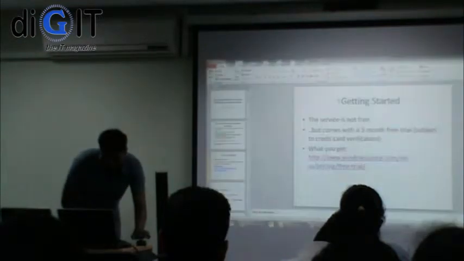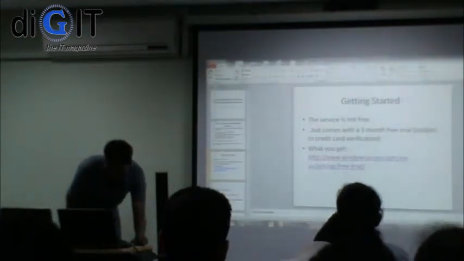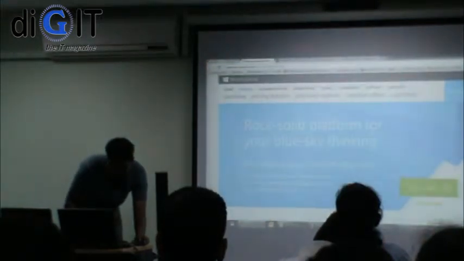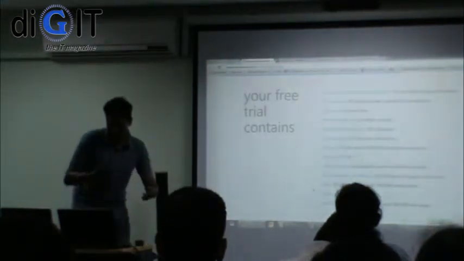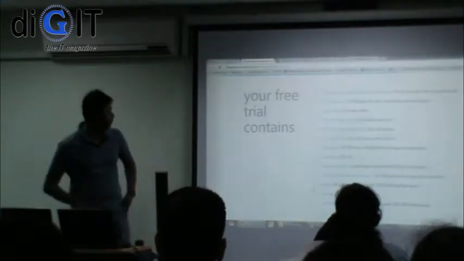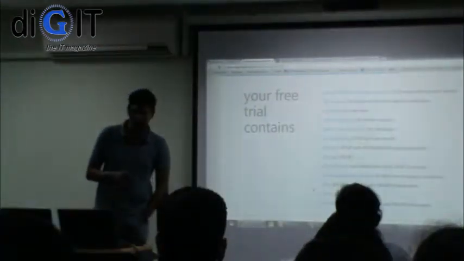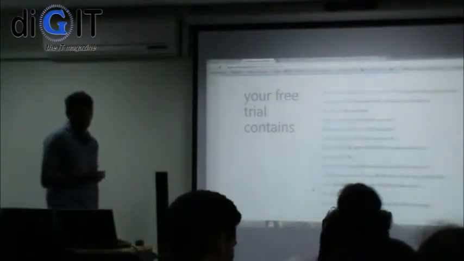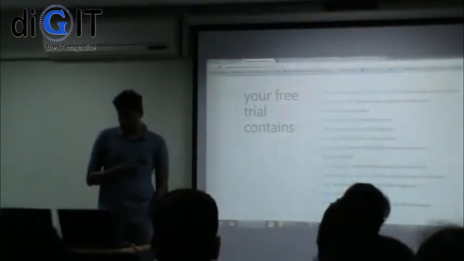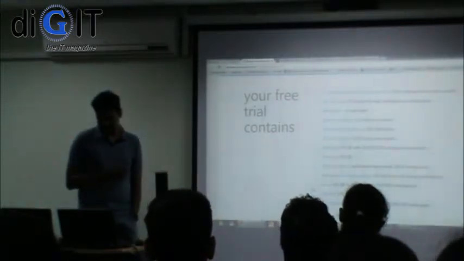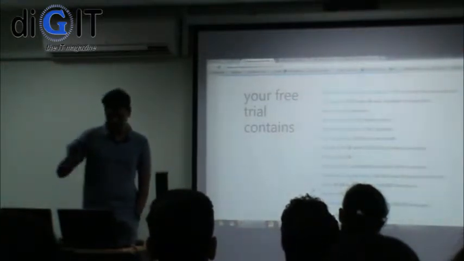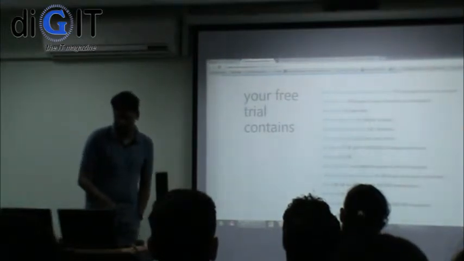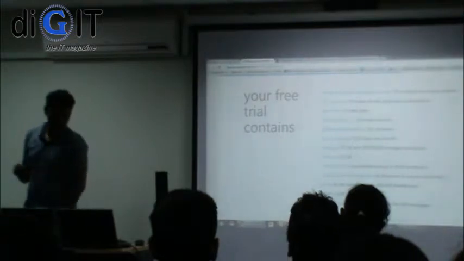So what you get for your free tier is a virtual machine with 750 computing hours per month, basically 750 continuous computing hours. You get an SQL server, 750 hours, and websites, up to 10 websites. We don't care about the websites and stuff like that. We care about the mobile services, the fourth one from the top. We can build up to 10 mobile services.